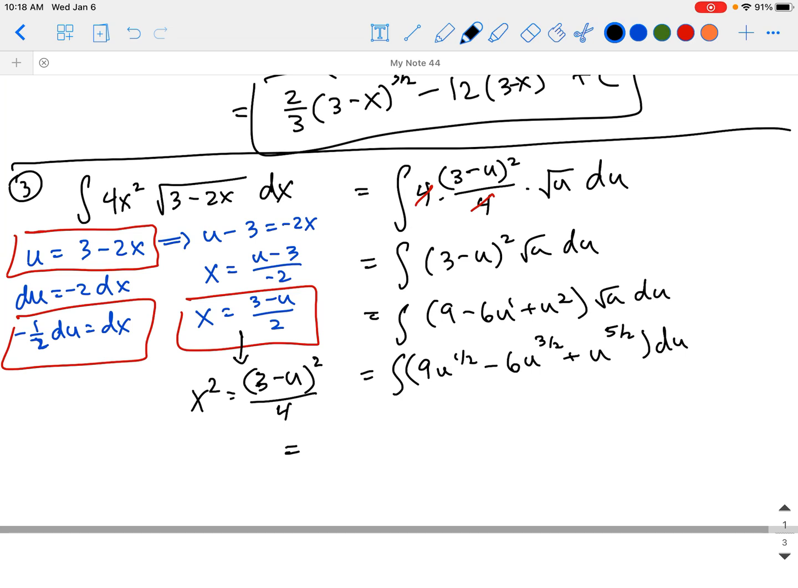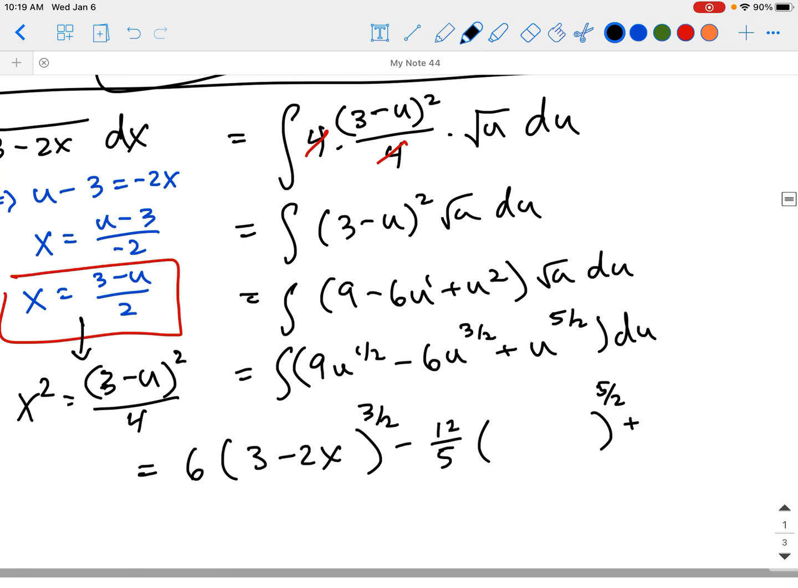And now we're ready for our answer. So let's see what we're going to get. So we're going to get the u to the 1/2 becomes 3/2 times 2/3. So 9 times 2/3 is 18 divided by 3, which is 6. And then note we'll just plug in our u, which is 3 minus 2x. Our u to the 3/2 is going to become u to the 5/2, so that's times 2/5, which is going to be 12 over 5 when we multiply that by 6, plus,